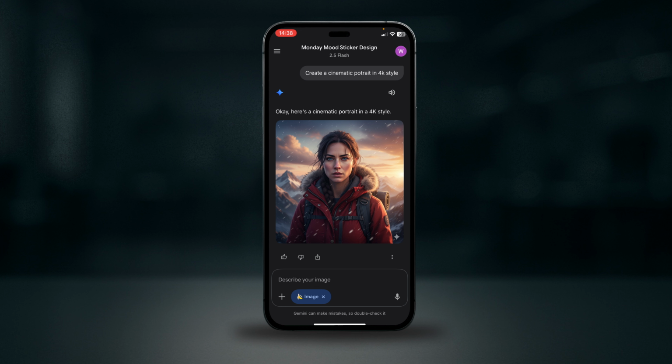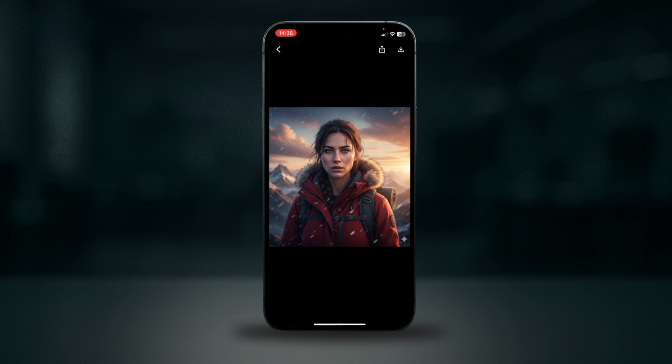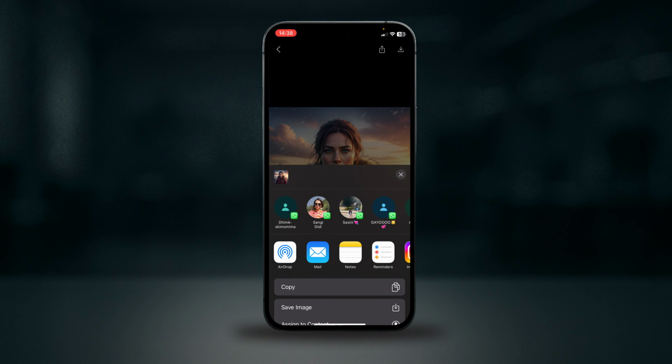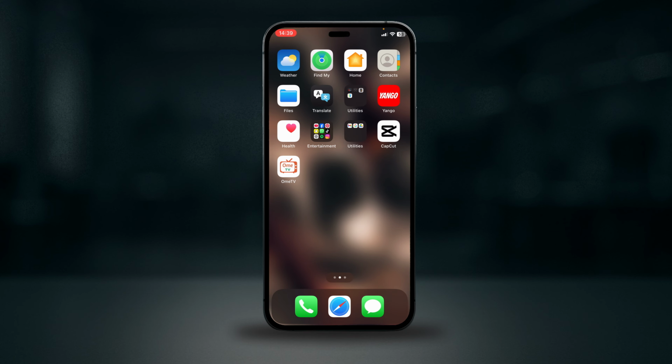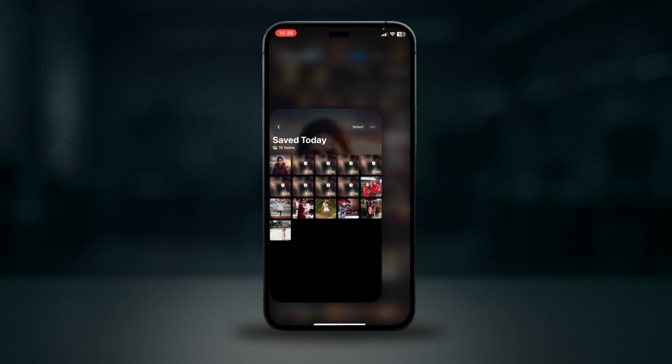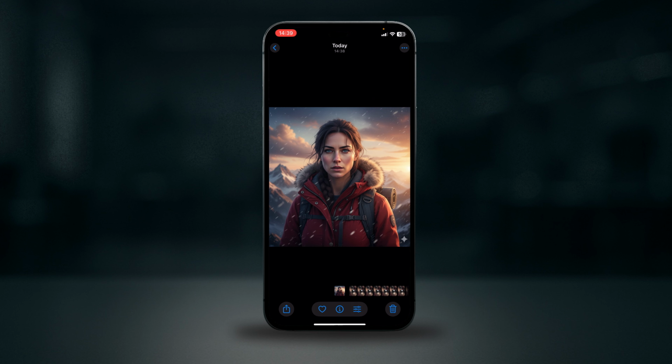Now once Gemini generates your result, tap the image thumbnail to view it full screen, then tap the three dots or share icon in the corner, choose save to photos, and this exports the highest version Gemini gives you, no watermark. And now go check your iPhone's photo app, tap the image and